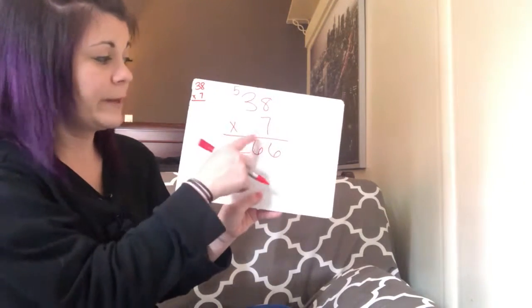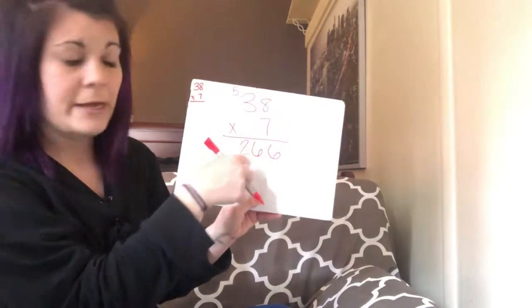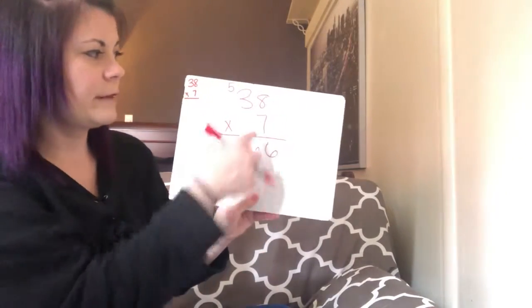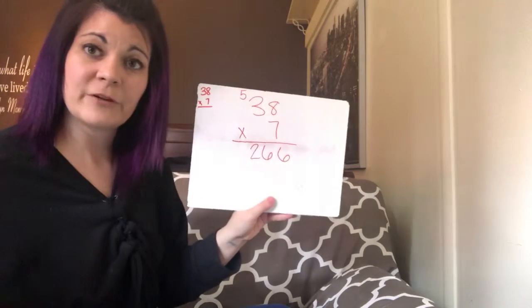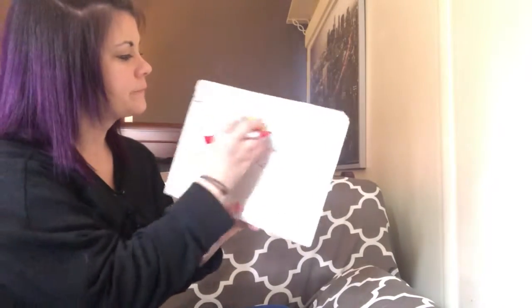And we put it both down instead of just writing one number down and carrying, because we don't have any more numbers to multiply there. So that's the traditional way of multiplying. Now,